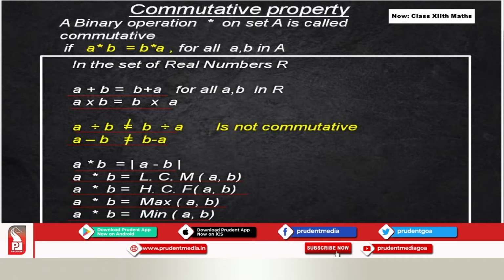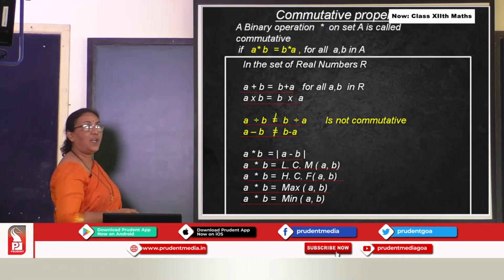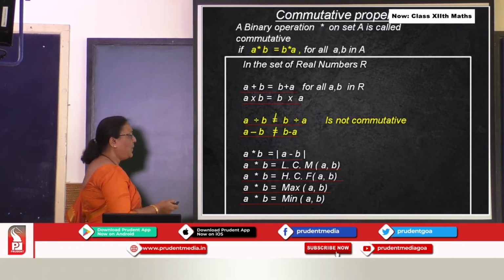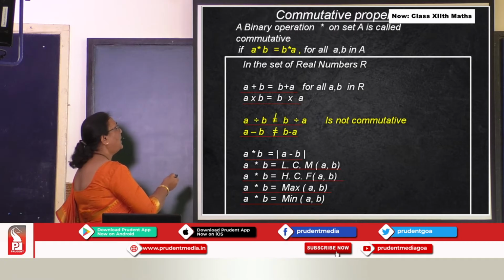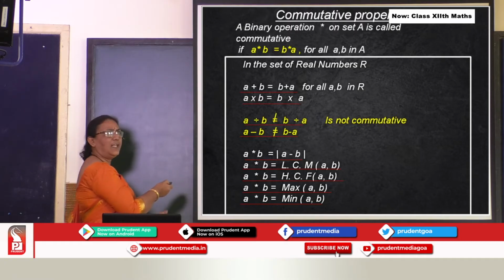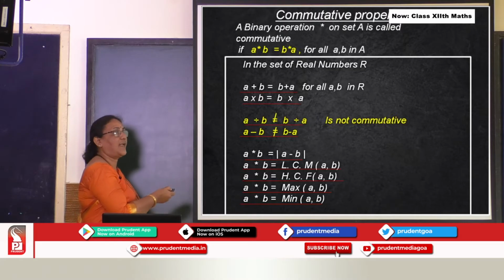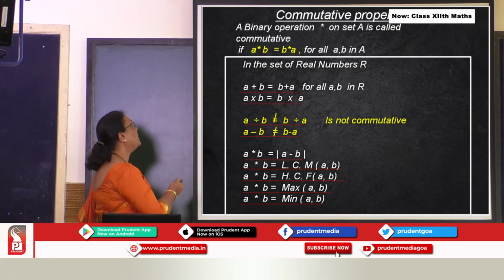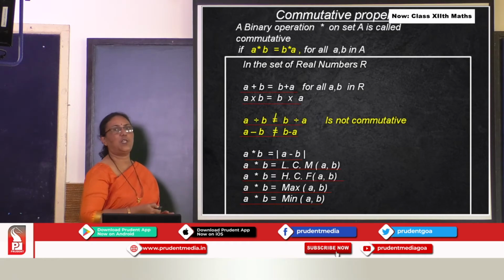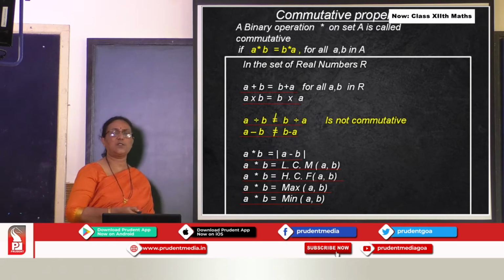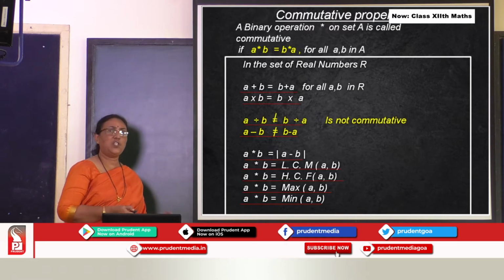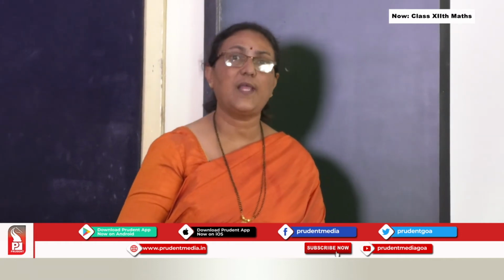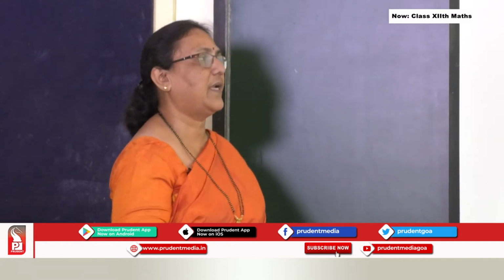Now here I had taken some examples in the set of real numbers. I had taken all the real numbers. You know that A plus B is the same as B plus A. Take any real number and add 4 plus 7 and 7 plus 4. Both are the same. Therefore, this operation plus is commutative. Is it clear to you all students? If you change the places and put the operation in between, the answer will come the same. Then the operation plus is called commutative.